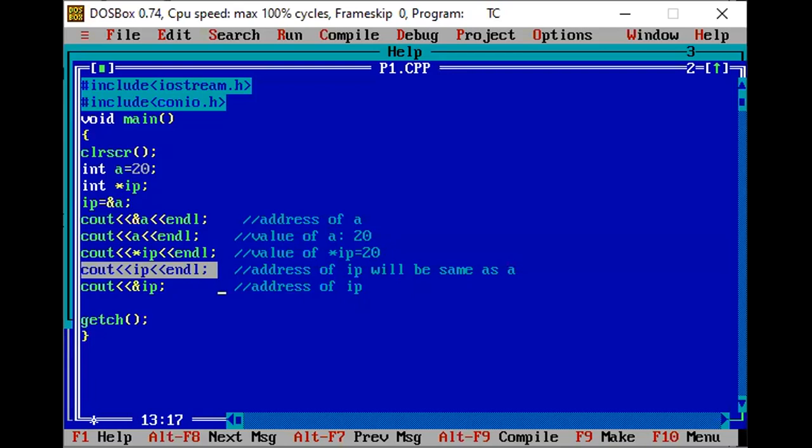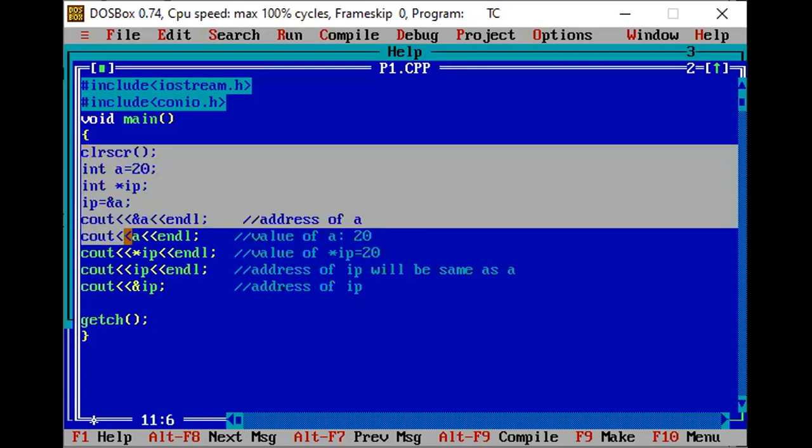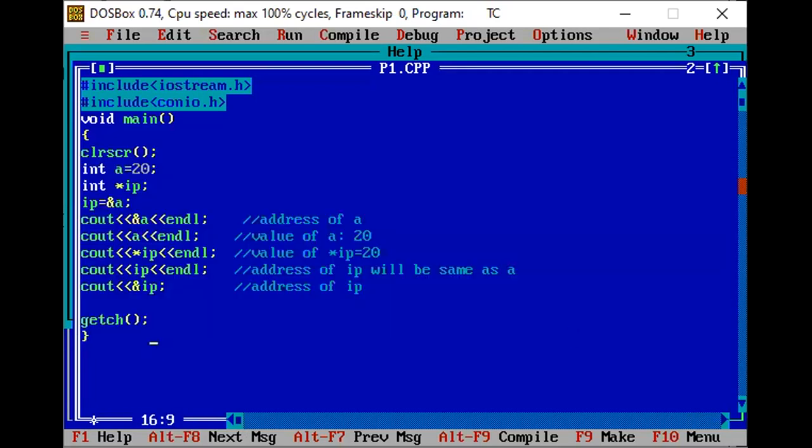But if I'm going to check the address value of that pointer variable, then I will use the address operator here. Okay, or the dereference operator here. The output must be clear in your mind. All your next topics will be dependent upon this. Okay.